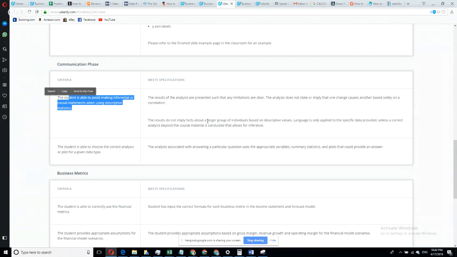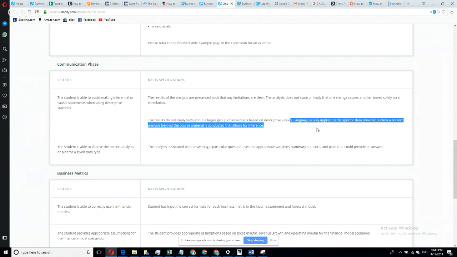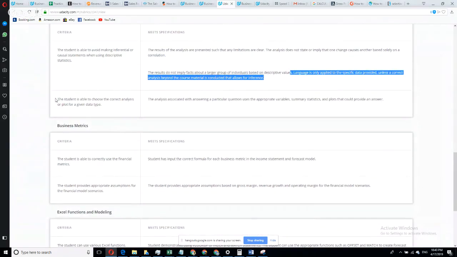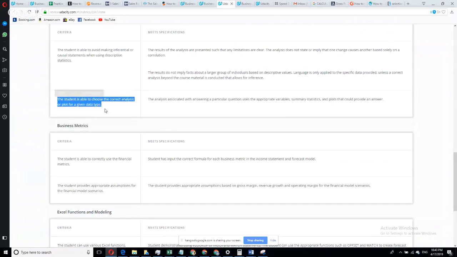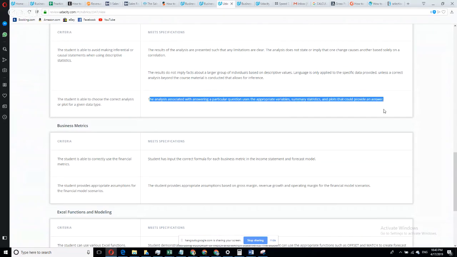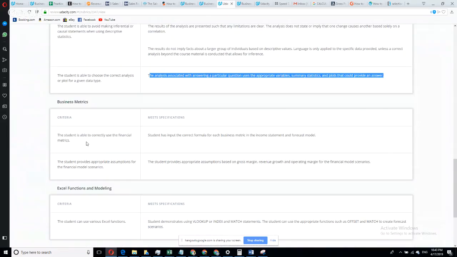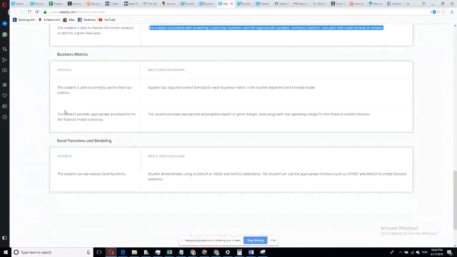The results do not imply facts about a larger group of individuals based on descriptive values. Language is only applied to the specific data provided unless a correct analysis beyond the course material is conducted that allows for inference. So the student is able to choose a correct analysis or plot given the data type. The analysis associated with answering a particular question uses the appropriate variables, summary statistics, and plots that provide an answer. You should not use a plot that would not make sense for that particular question one is trying to answer. Then finally,